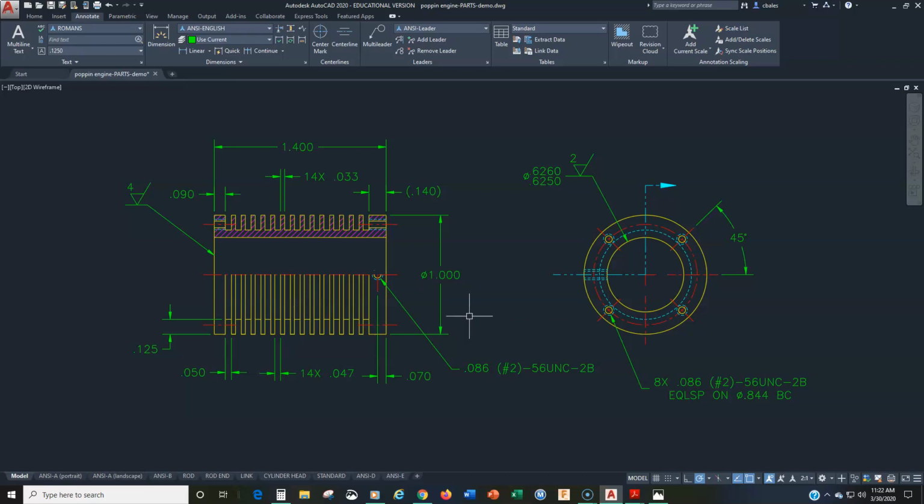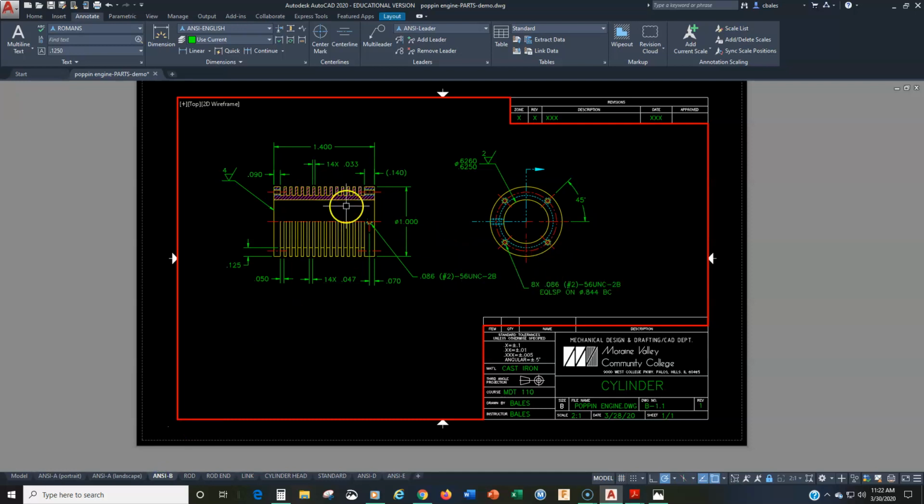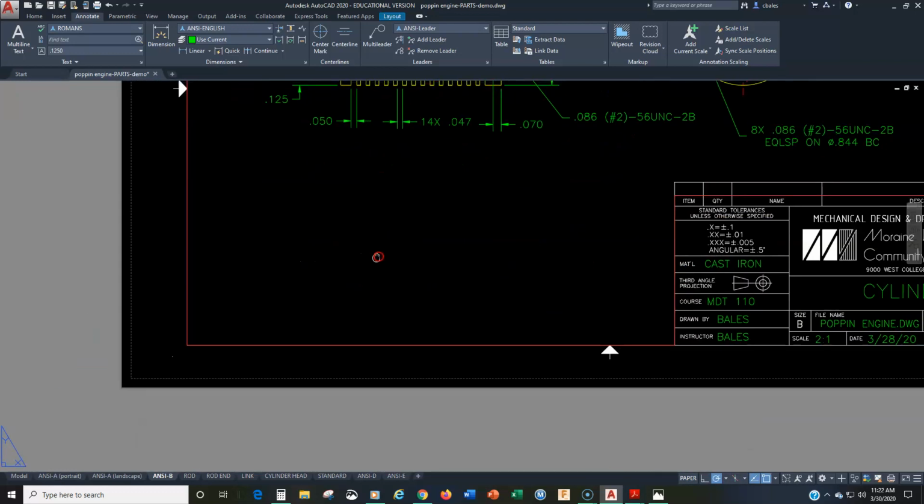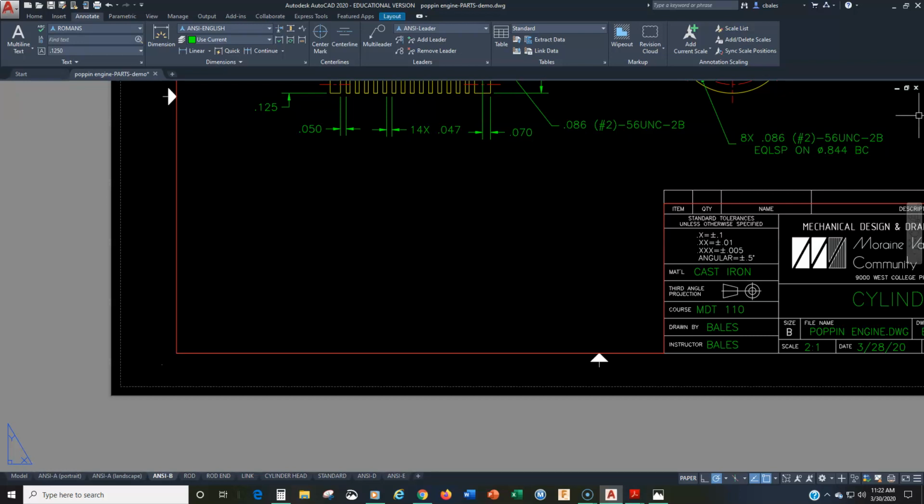Now, we're not done yet. Let's turn our attention to the layout. Okay, so there's our layout. Everything looks peachy. Let's double click outside and go to our paper space, right? So we're not inside. We're outside, and let's add our notes. Okay. Now, I pulled up our